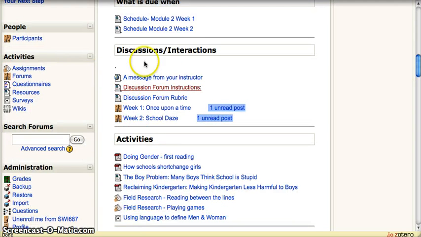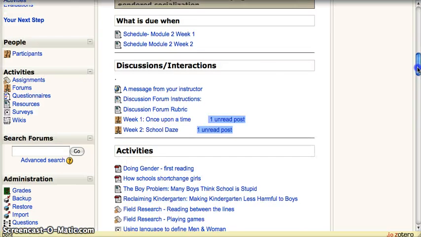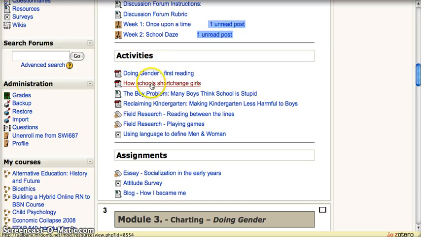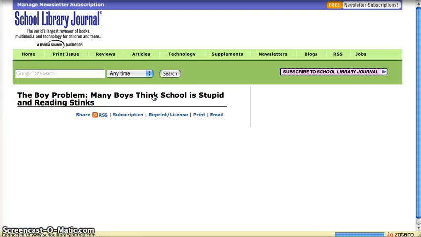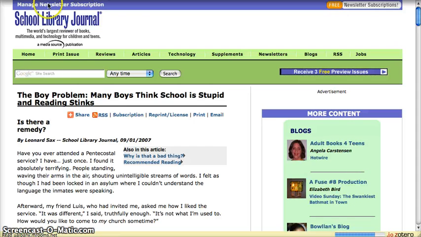Things are listed out top to bottom, left to right, and so it just seems confusing to have things out of sequence. So these are the readings. Oh yeah, this is also a reading.